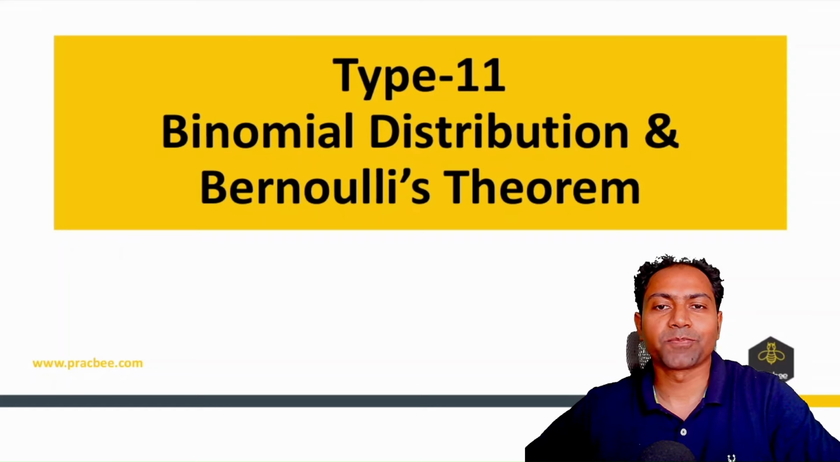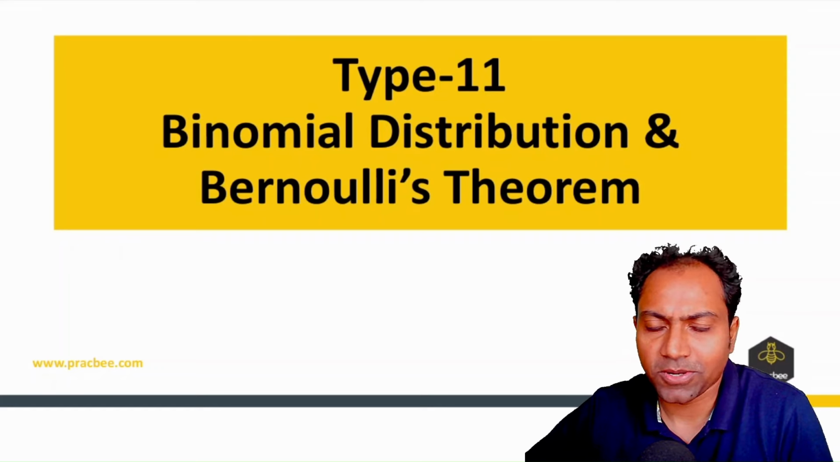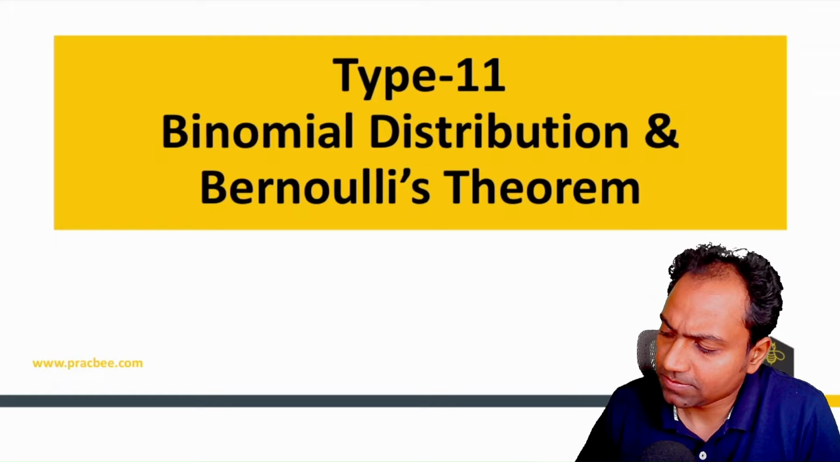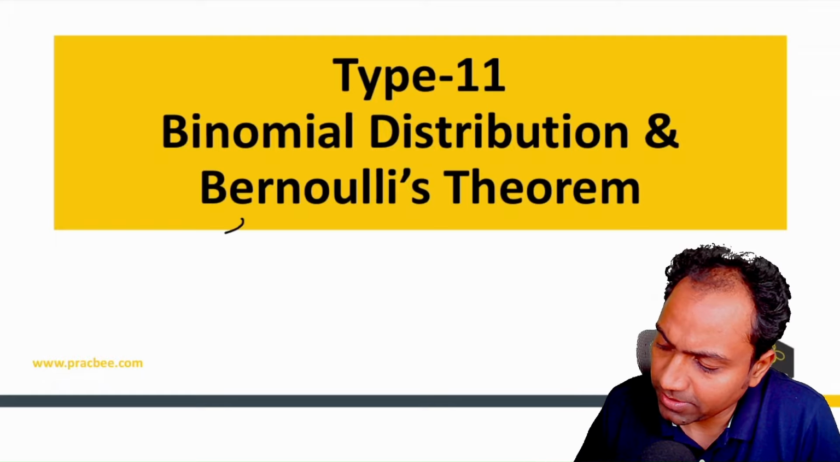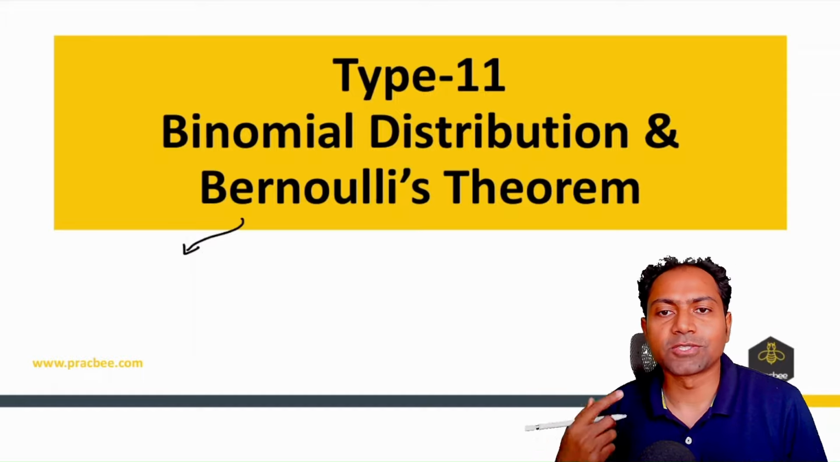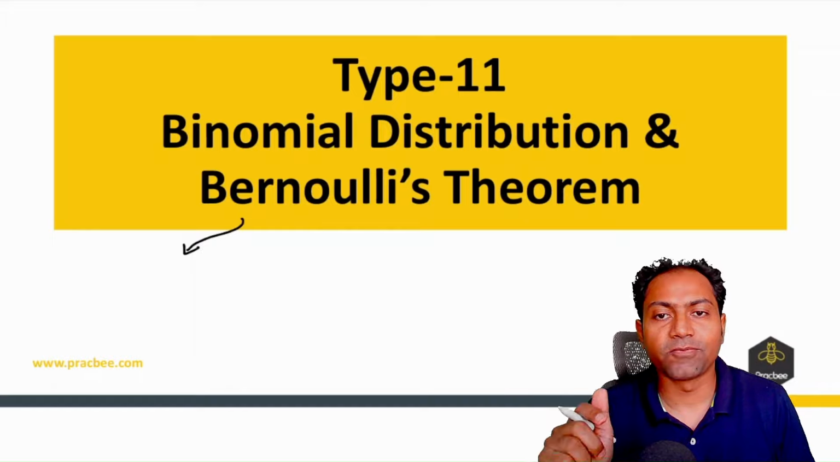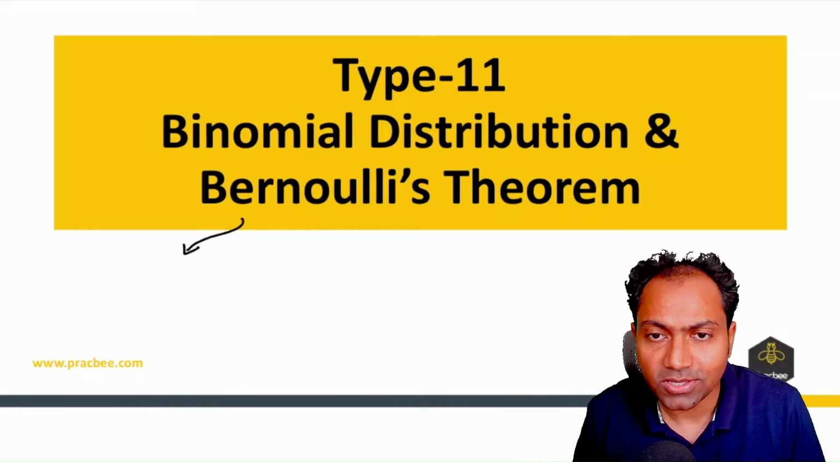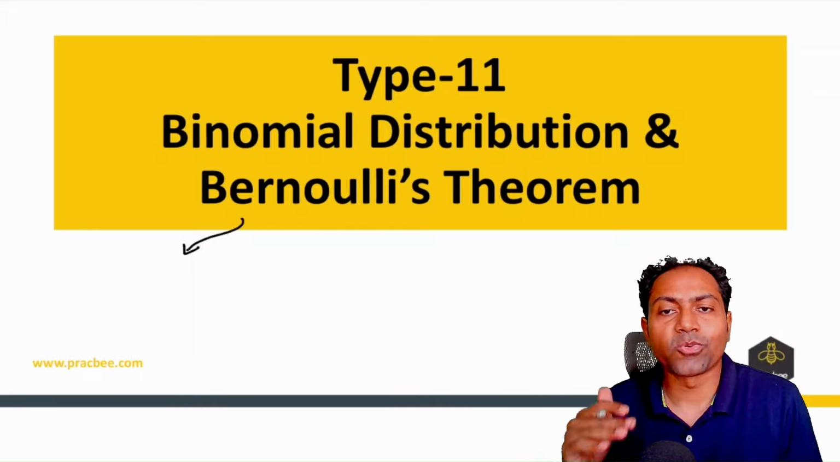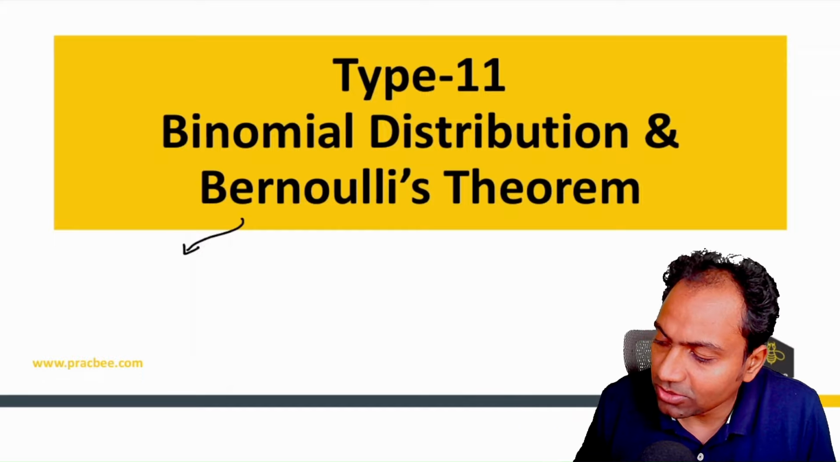Now this type 11 problem is nothing but binomial distribution in Bernoulli's theorem. Now I know that this is out of syllabus, but sometimes the question might come and they will not say that it is Bernoulli's theorem or binomial distribution, but sometimes they might put the question there. If you do not know it, you will have to do a lengthy calculation. So I'm just telling you, in order to avoid that lengthy calculation, that if a Bernoulli's theorem question is there